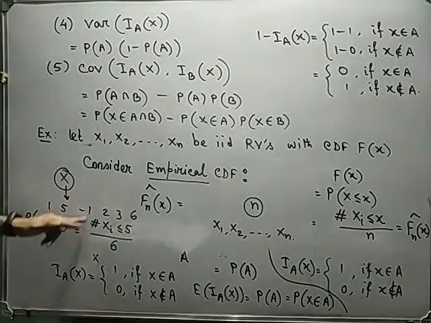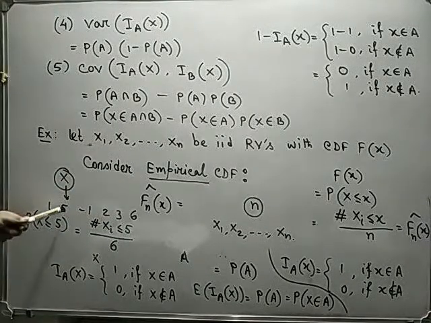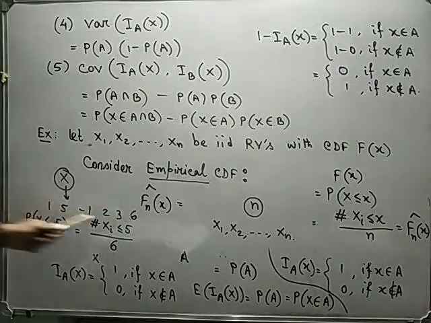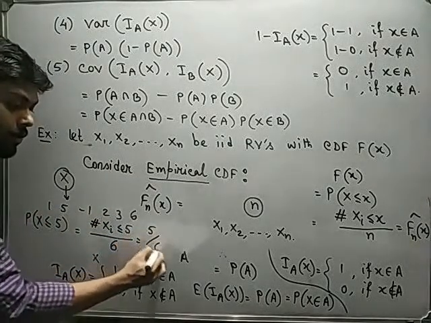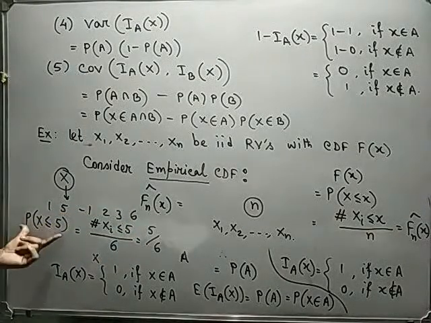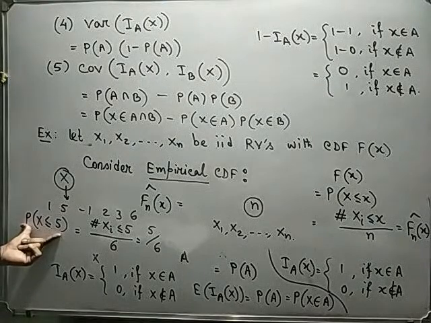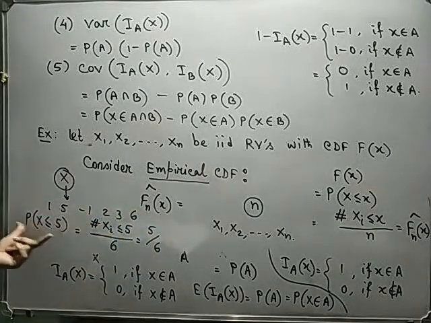Now the number of xi less than or equal to 5 is basically 1, 2, 3, 4, 5. So there are 5 values less than or equal to 5, out of the total number of values. If we want to calculate this probability in the programming section, or the empirical section, we can get it in this way. So that's the approximate value of this probability.